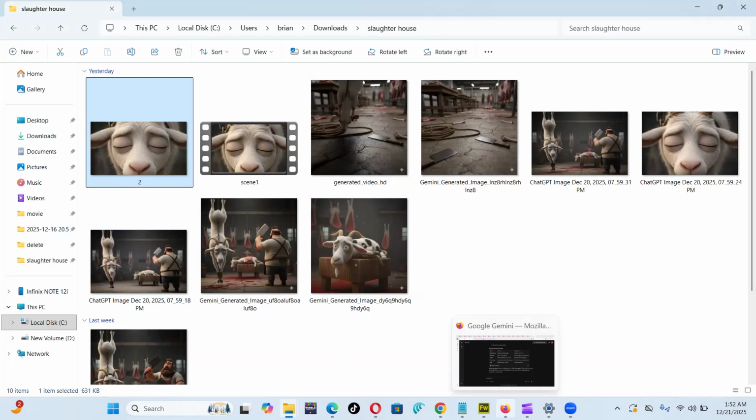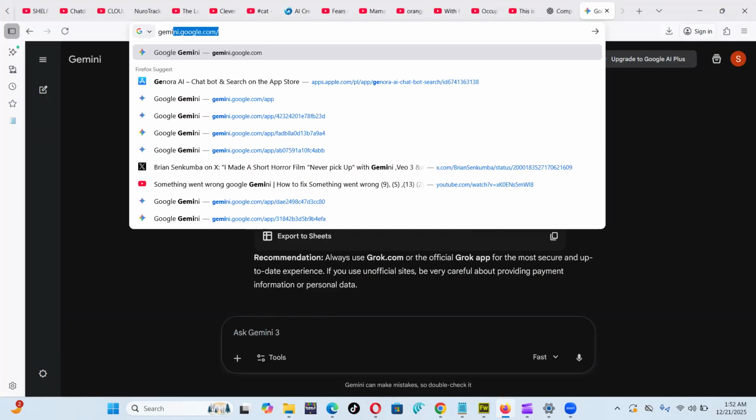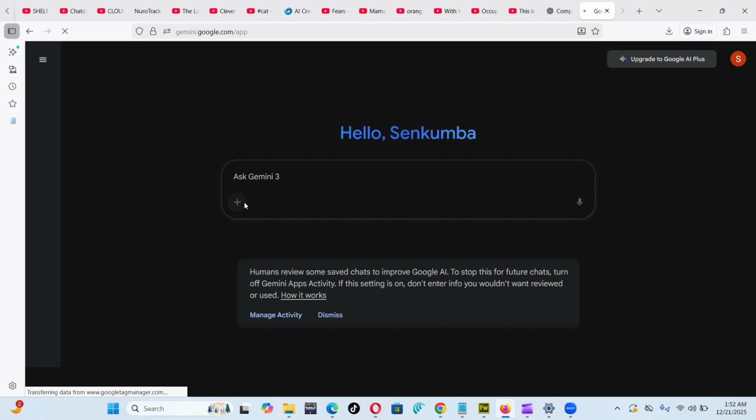Okay, without boring you, let's go ahead. So Gemini, you access it via gemini.google. Okay, and to animate an image, all you have to do is, let's try out. You can try to click on plus here,